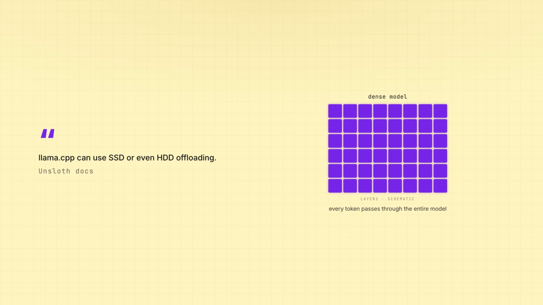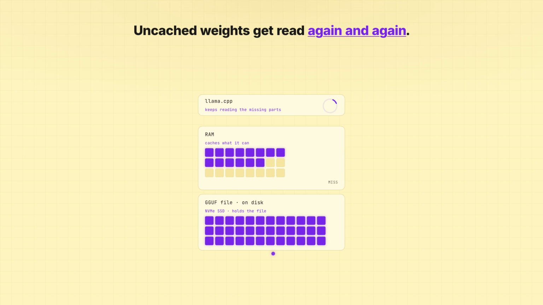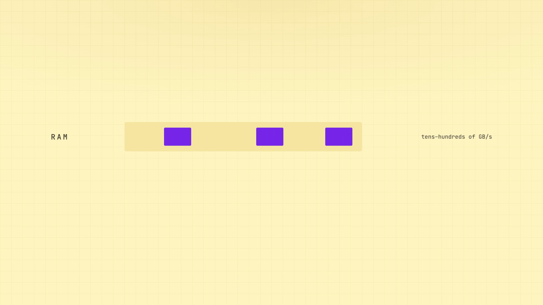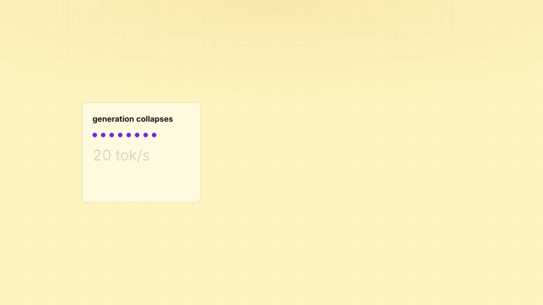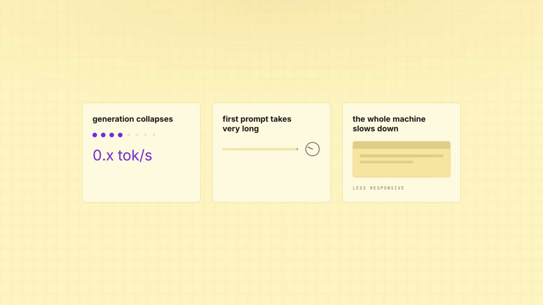But Qwen 3.8 27B is dense. Every token passes through the entire model. If the weights are not cached in RAM, the computer may read them from storage again and again. RAM bandwidth is measured in tens or hundreds of gigabytes per second. Even a fast NVMe SSD is much slower and has far higher latency. Token generation can collapse. The first prompt may take a very long time, and the rest of your computer may